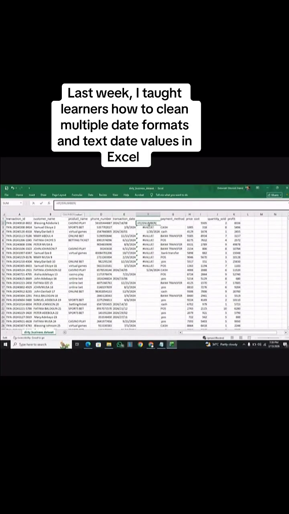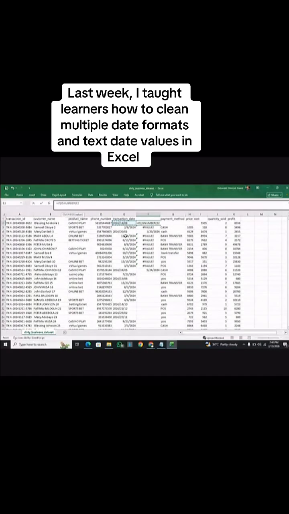So what this simply means is, if this cell is a number, remember a date is a number in Excel, understand that? So that's why we're using IF ISNUMBER. So if this cell is a number, that's what this formula up until this point means. So we say if it is a number,